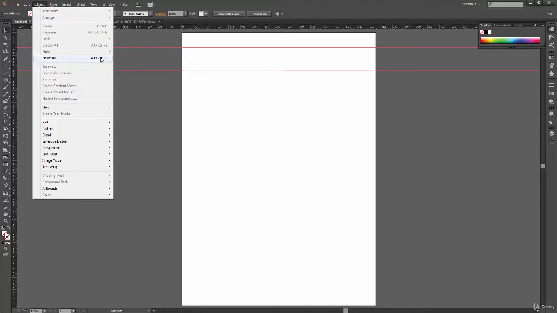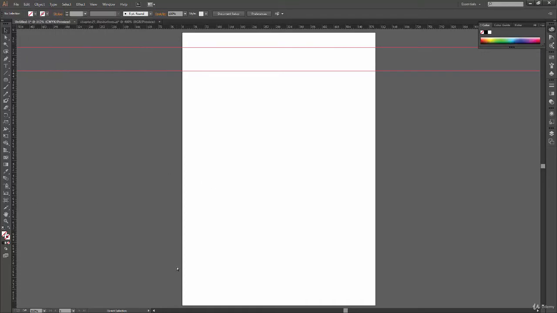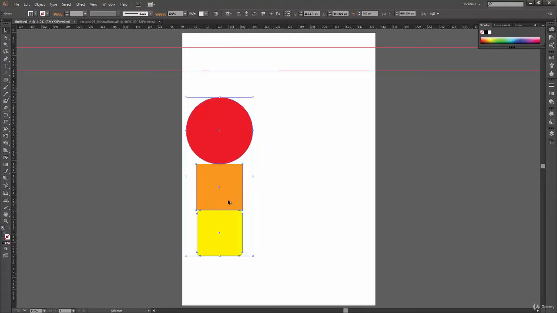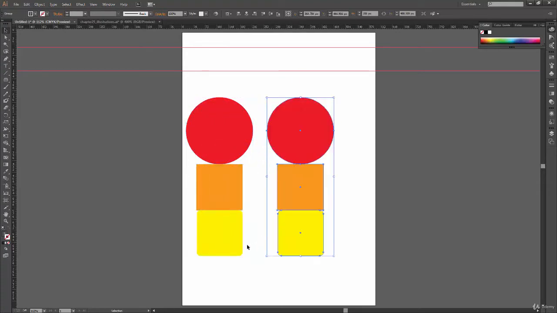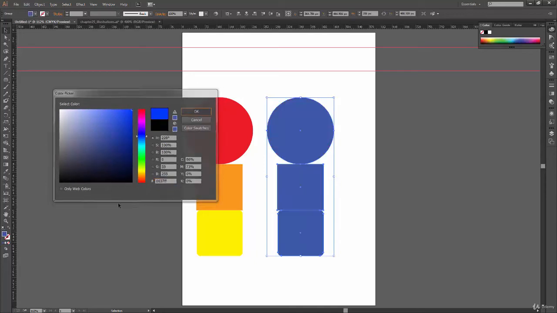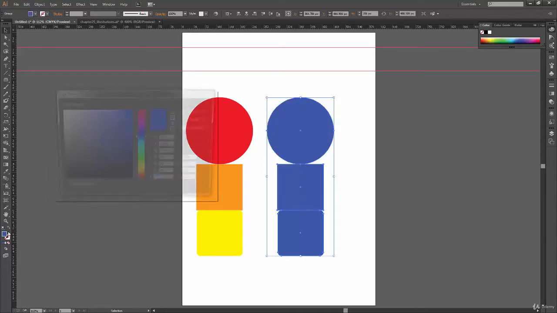The shortcut key is Control Alt 3 or Alt Control 3. I'm just going to press these three keys on my keyboard and there I have my shape back, or group back. So let's ungroup it for right now, or actually just copy it and change the color of the entire group to blue.